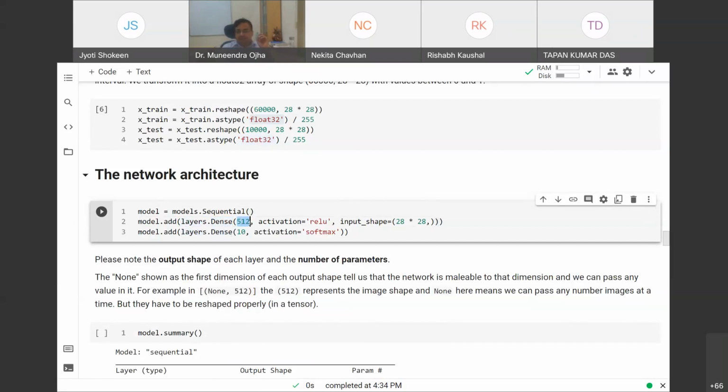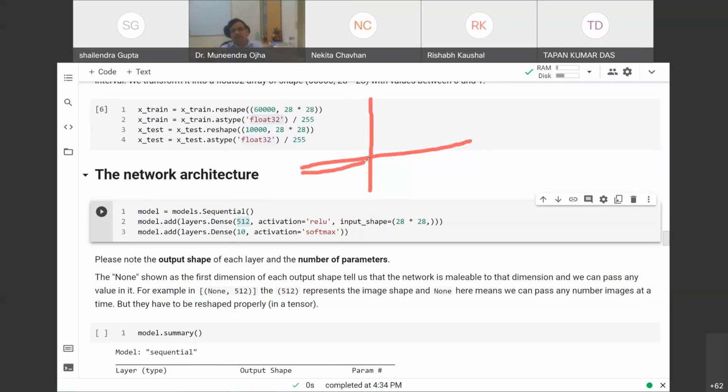I have put the value 512 because I want 512 neurons in the first layer, that is the hidden layer of the neural network. You can have as many neurons as you want. The activation function is ReLU. ReLU is another activation function, just like sigmoid, but its pattern is like this.